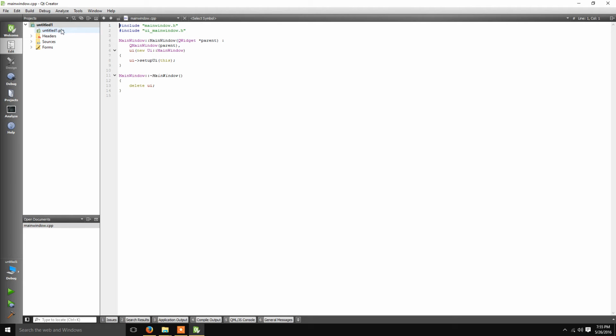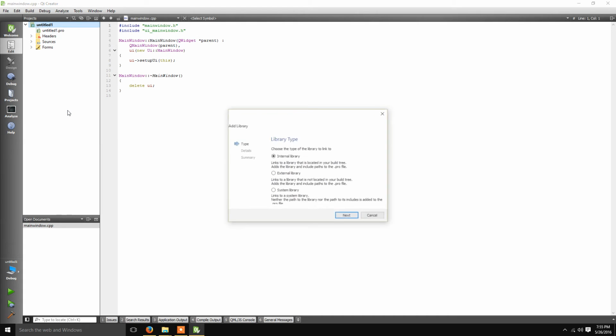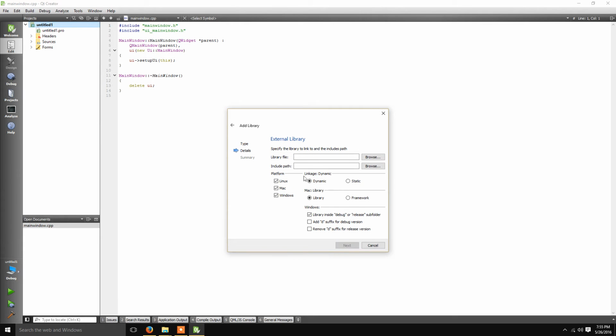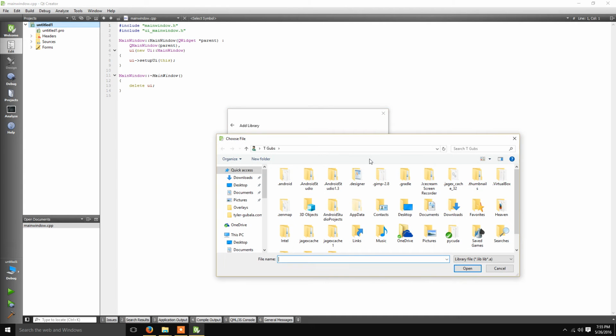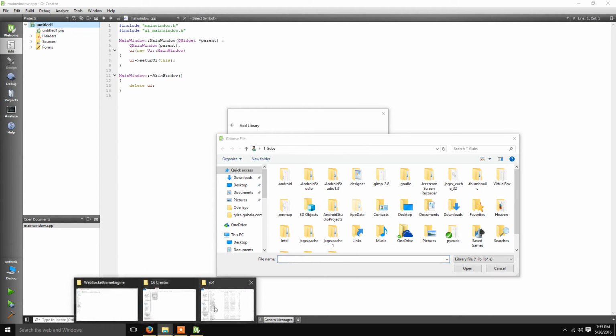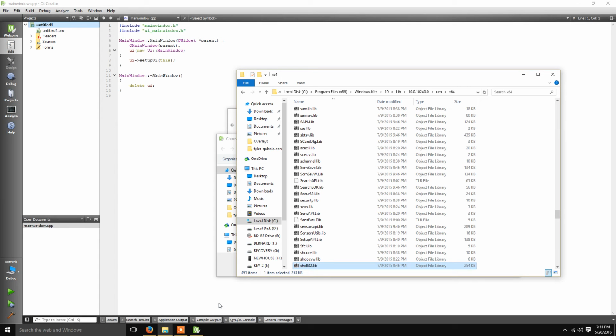So now that we have that set up for 64-bit, I'm going to right click this untitled one, and I'm going to say add library, and this is how you're going to be adding the .lib files. So I'm going to click the external library and next, and this is just going to be for Windows because we're going to be using that shell32.lib. I'm going to take that search result that I had earlier, I'm going to copy that directory